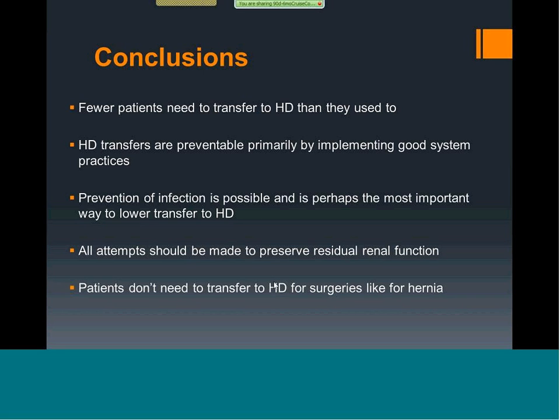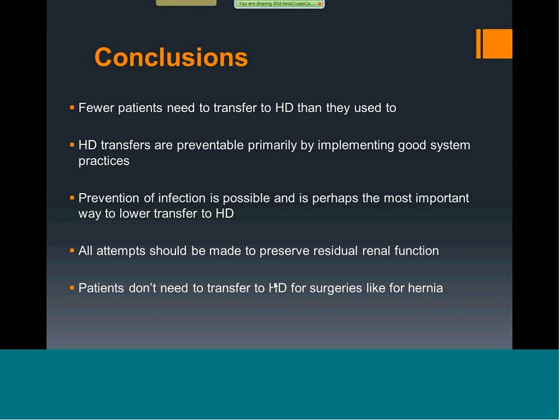Now, you want to do that only for patients that have significant residual renal function. For patients that have significant residual renal function, one of the best ways to do that, short of using 4.25% dextrose every day, which I would not recommend, would be for the patient to use icodextrin during the day dwell. Some patients in whom fluid management would be difficult make these alterations. But that is a distinct minority.